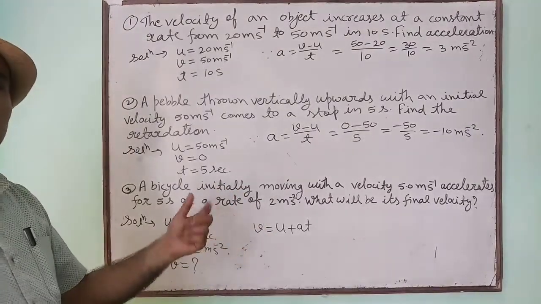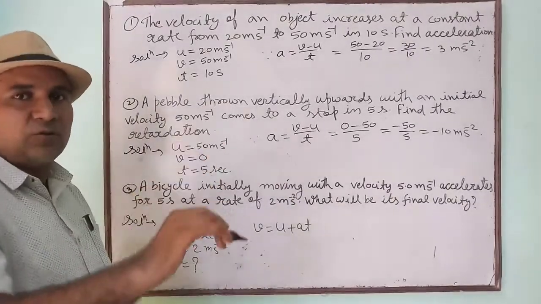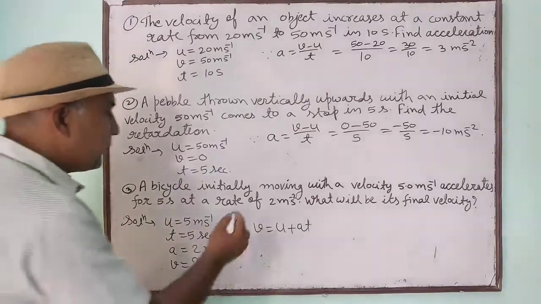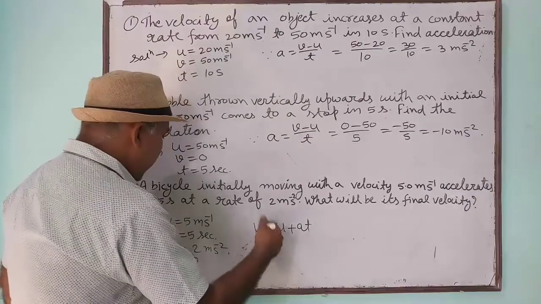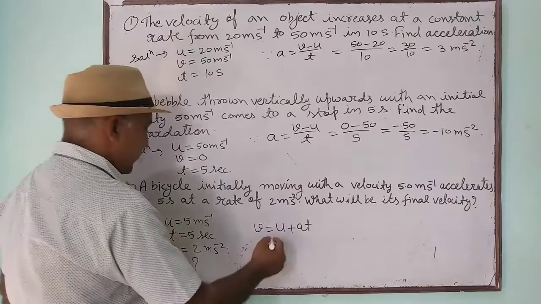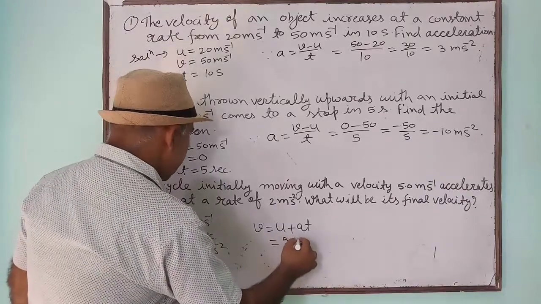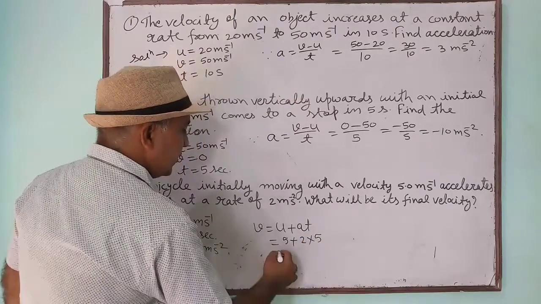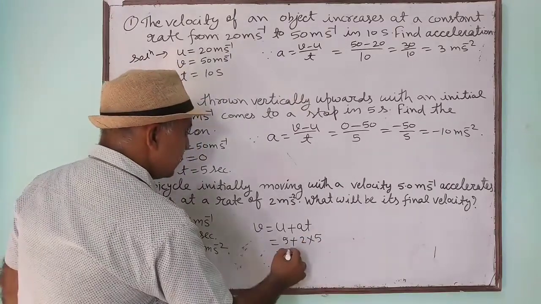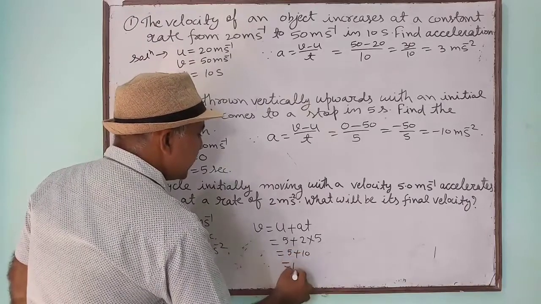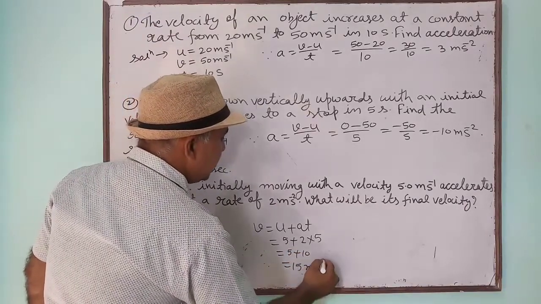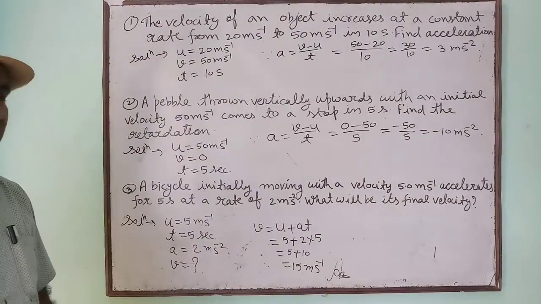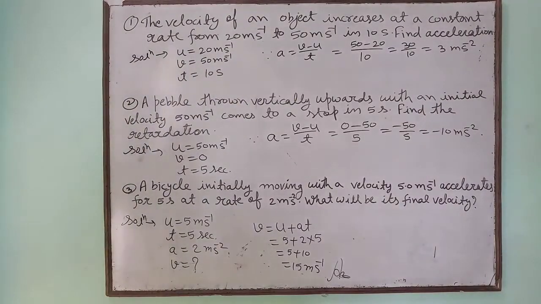When you arrange the formula for acceleration, a is equal to v minus u upon t, you will get this equation. From this equation, we can put the value and we can find the value of final velocity. Initial velocity is 5, acceleration is 2, time is 5. Now calculate and get your answer. 5 plus 10 means 15 meter per second will be the final velocity. Understood? Now pause the video and note down these things.